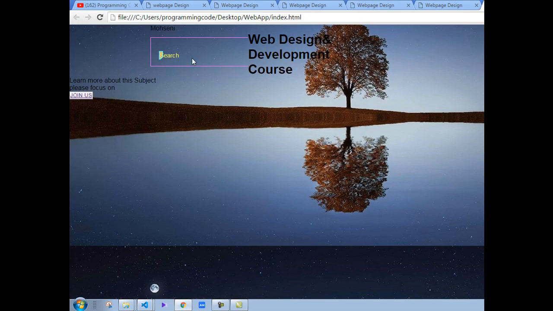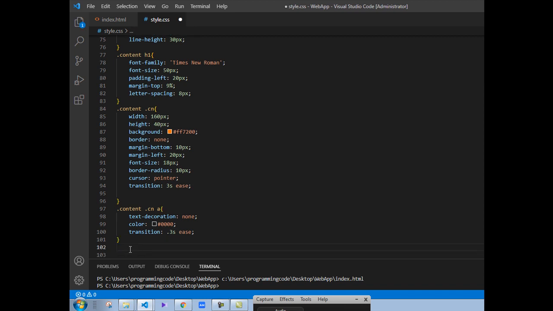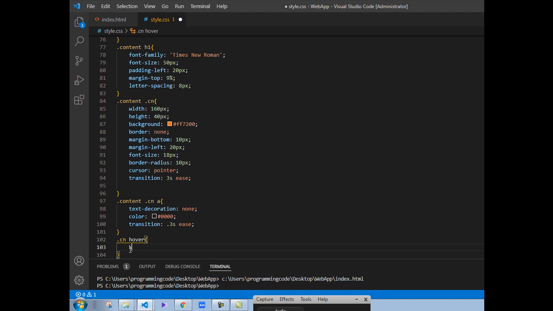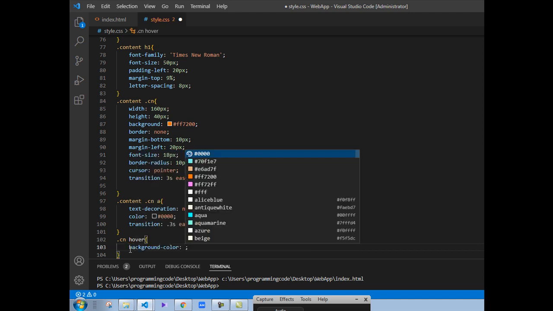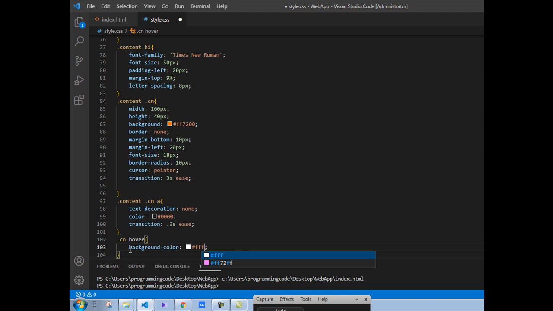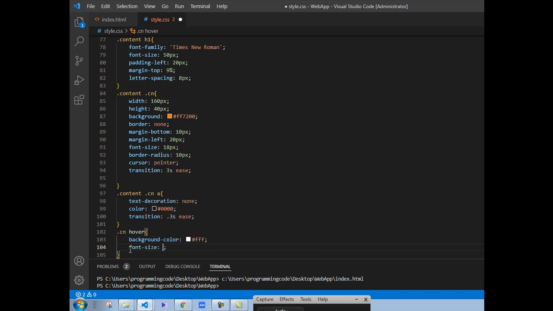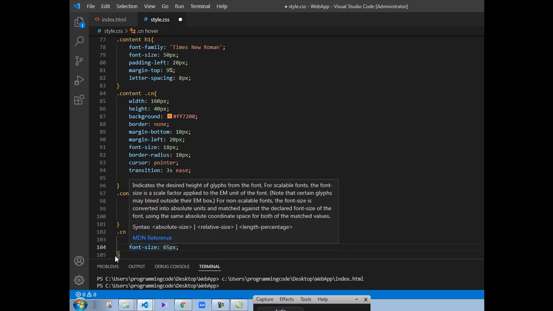Is the pattern, is a search file, so we have got .cn over, you can write down its background color, its background color is #ff, and we can select this font size 65 pixel,